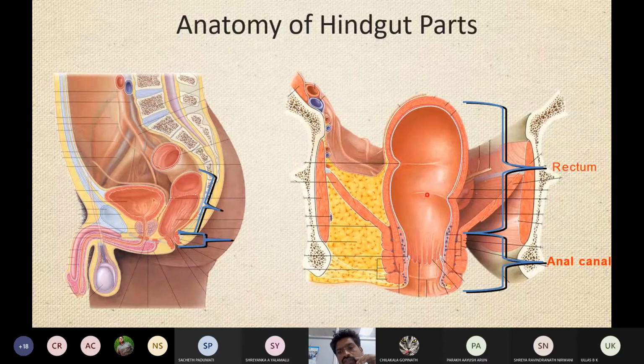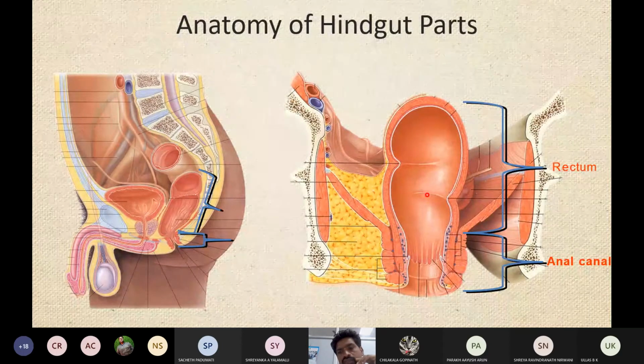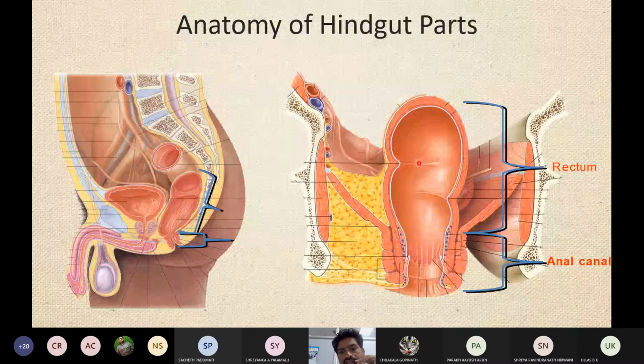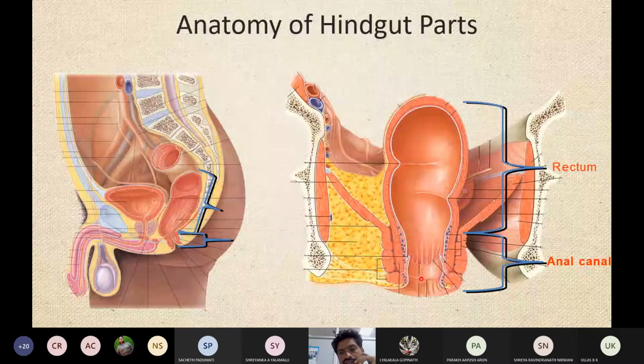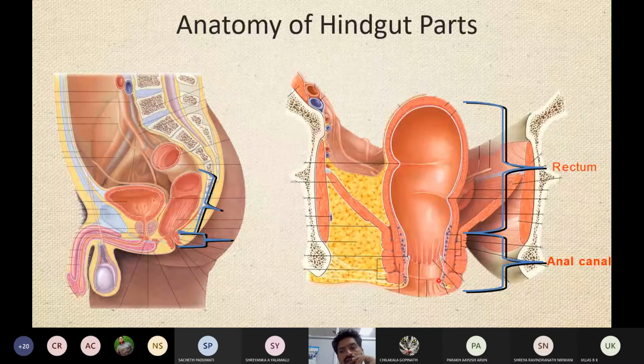So these are the different walls. There will be 4 such walls present within the rectum, and there is a clear line over here. This is called Hilton's line. Try to concentrate on this line. I'll talk about Hilton's line a bit later in the development. Similarly, in front of the rectum, we can see the urinary bladder, the prostate, and the external genitalia. Here is a sagittal section of the same structures in an enlarged view. Fine.